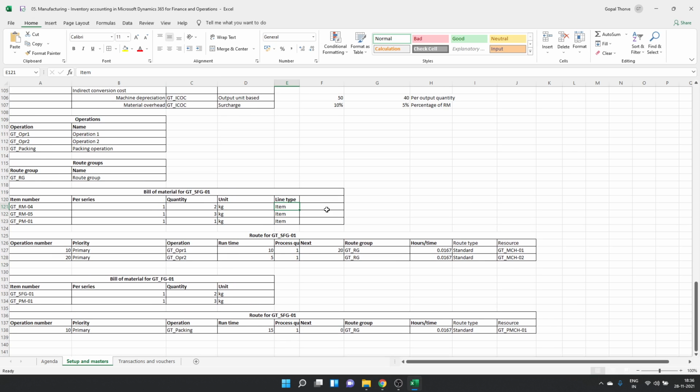So here let us work out the prices also. For manufacturing of one SFG, we need 2 RM04. So 2 quantity divided by this per series into